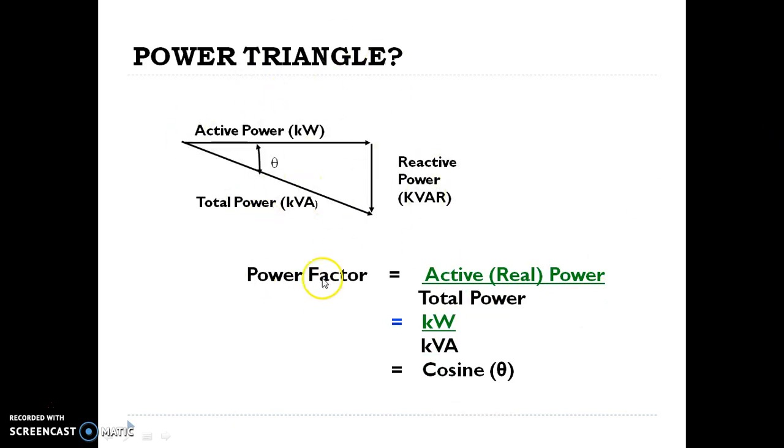From the power triangle, power factor, that is cos theta, is equal to active power, that is real power, or active power divided by total power. That is total power is apparent power, its unit is kVA. The real power or active power, its unit is kW. So the power factor is equal to the ratio, one of the definitions. The second definition I told, the ratio of active power to the apparent power. We can tell active power also, real power also. That is ratio of active power to the total apparent power. This is called as a power factor.